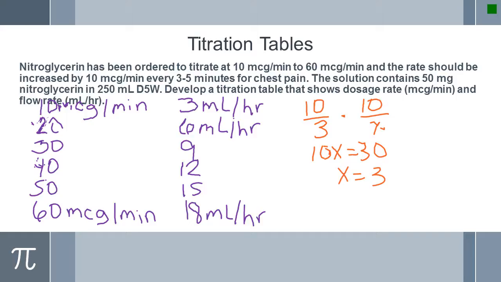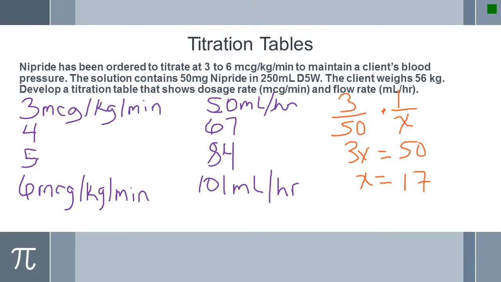So let's try another one to make sure that we've got this. Now we're going to add in some kilograms. So that makes it just a little bit different, not a whole lot. When you figure it the first time, again, you've got to do your low dose, your high dose. So our low dose is 3